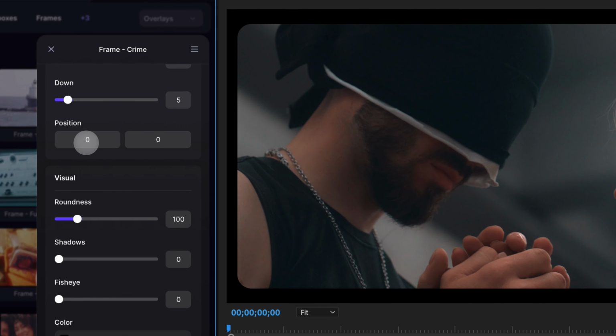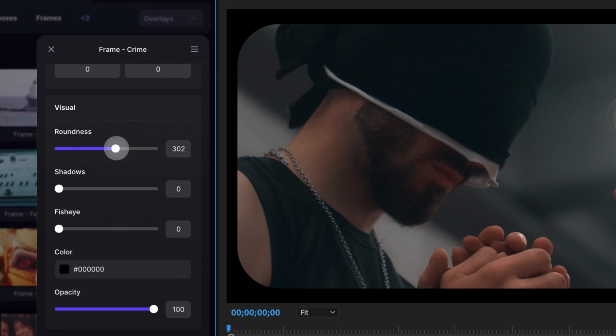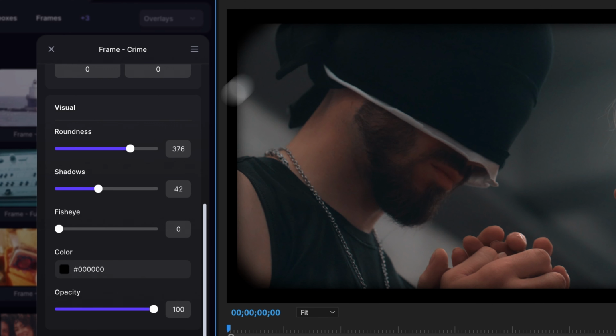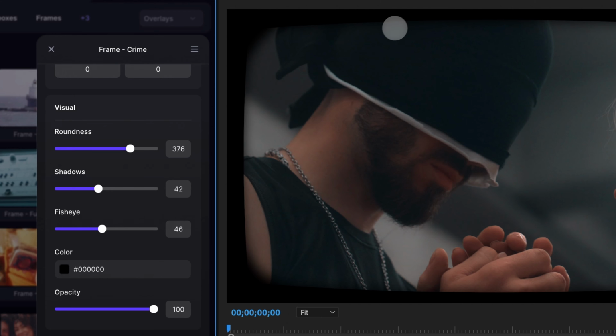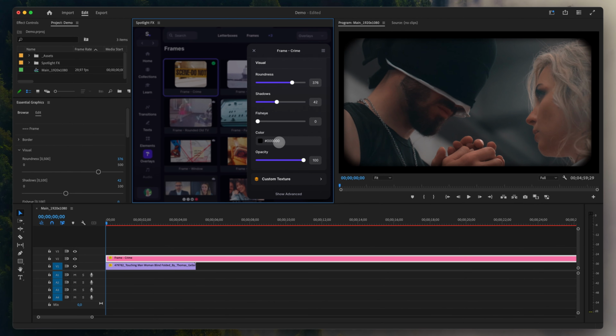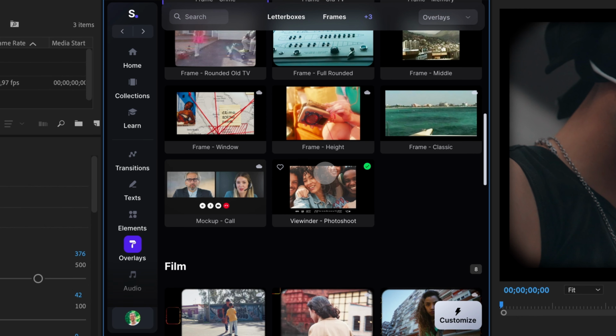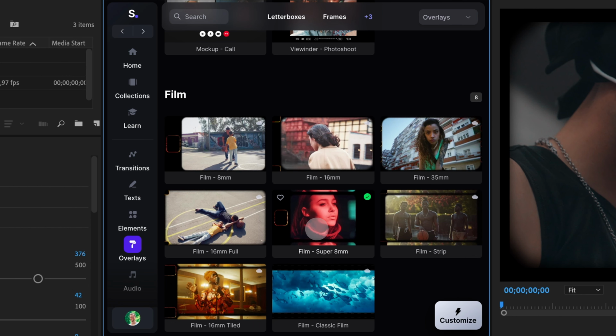Or you can completely change the visual with roundness, shadows, and even a fisheye effect to simulate that old TV screen. It was really fun. Now imagine you have more than 1,300 items like this. You can create very unique and complex scenes with just a few